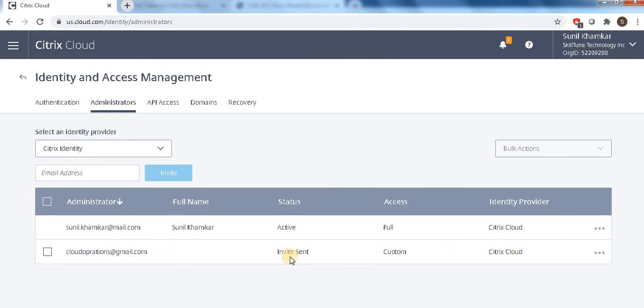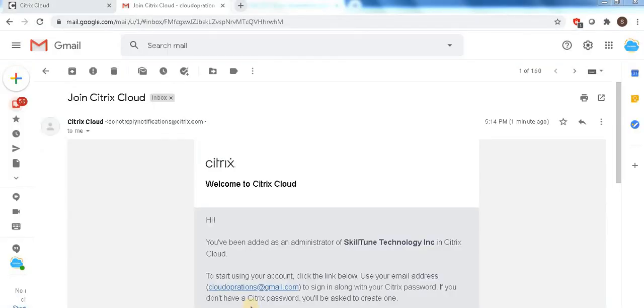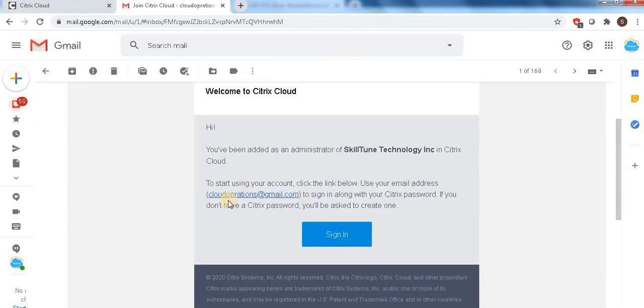Now let's go back to the CloudOps Gmail access and open the invite. Here you can see, guys, I got an email and it came within a minute. You can see 1 minute ago, and here is the invite link. Let's click on sign in and sign in with the new user.